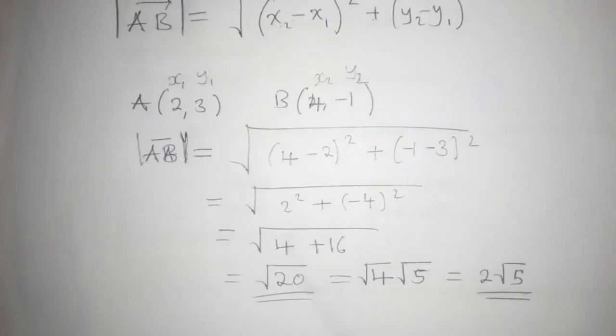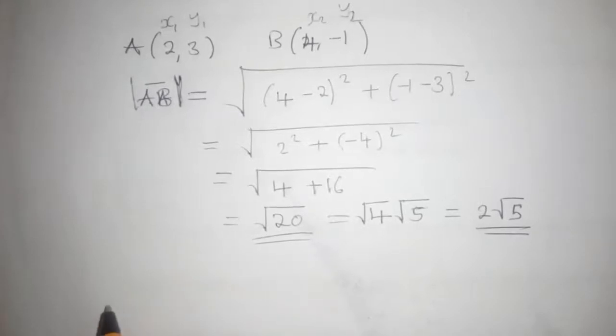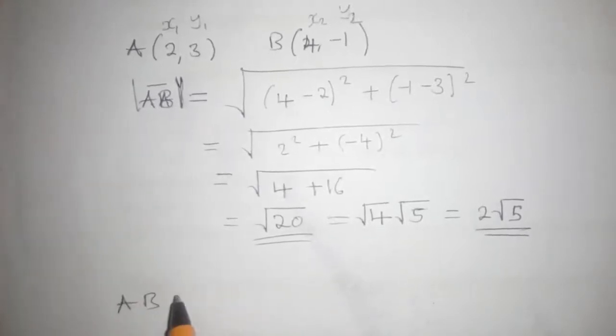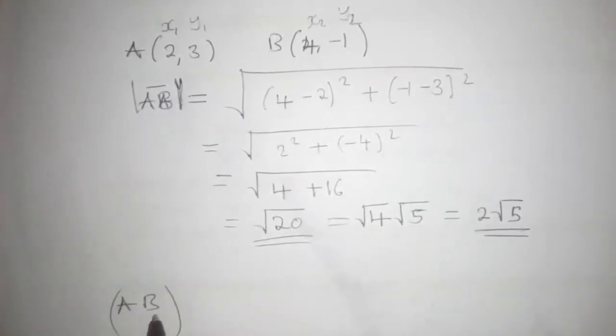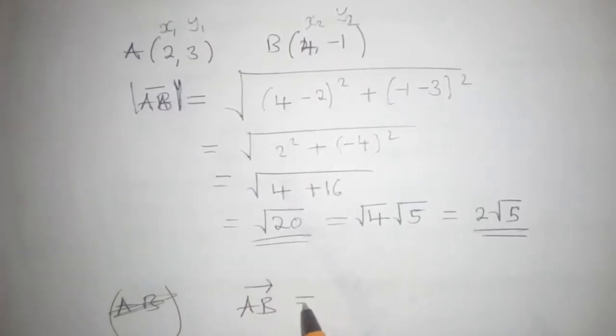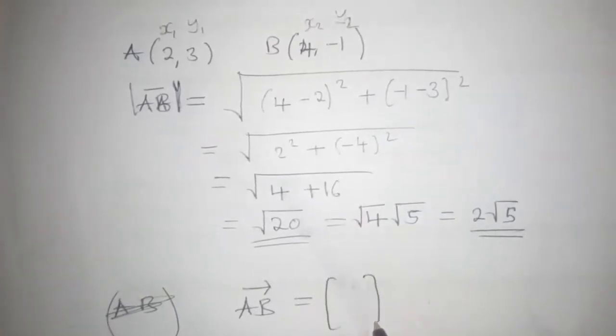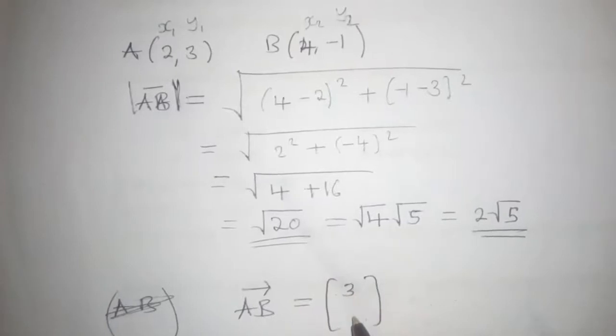So in some other cases, you may find that you have been given vector AB is equal to, maybe they say (3,